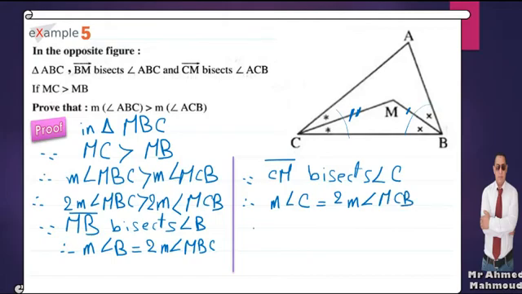Therefore measure of angle B greater than measure of angle C, because I said here two times measure MBC greater than two times measure MCB, and this is required. The next one,